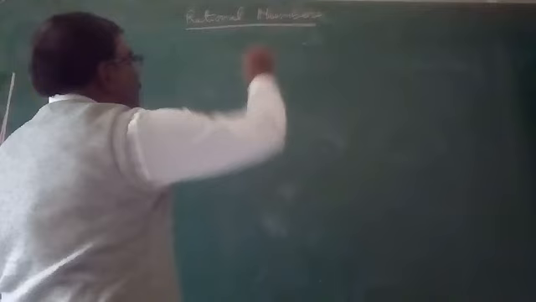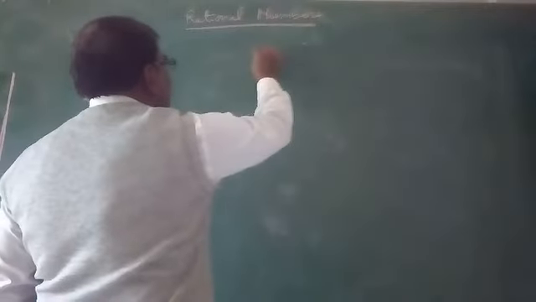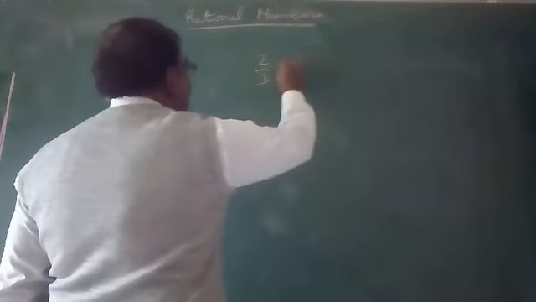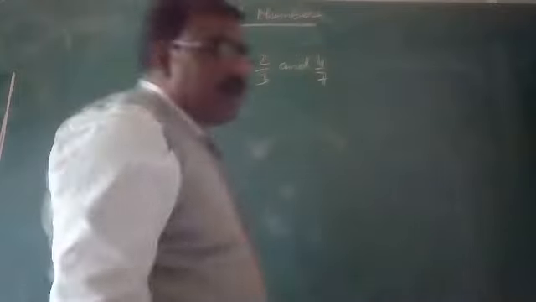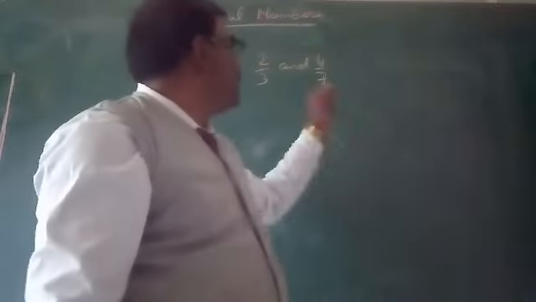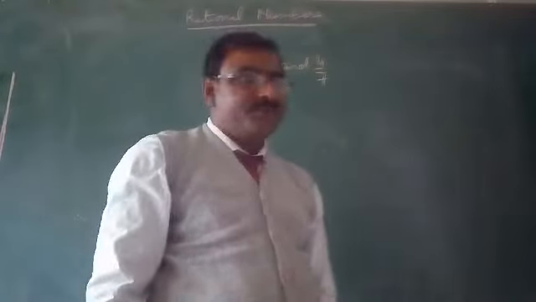First of all, we take the example 2 by 3 and 4 by 7. If you want to check the equality of these two rational numbers, 2 by 3 and 4 by 7,